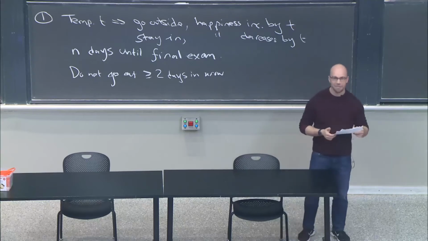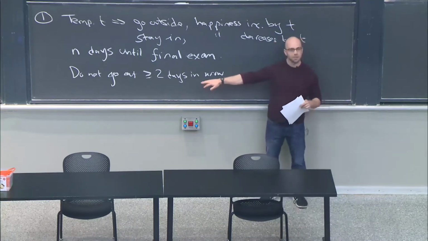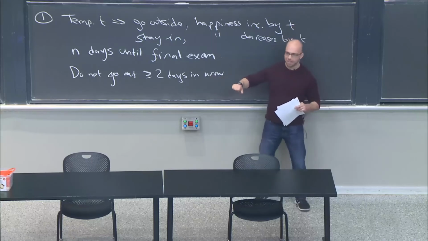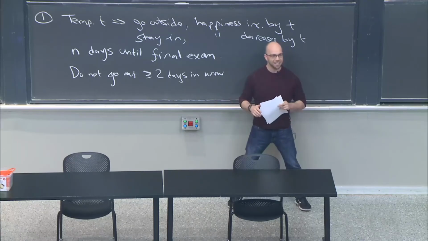He wants to maximize his happiness, subject to this constraint that he cannot go outside more than 2 days in a row. Right? So if I go out on Monday and Tuesday, I have to stay inside on Wednesday. Yes? I think there's no effect to his happiness when he stays in. There's no effect to his happiness when he stays in. At least that's,